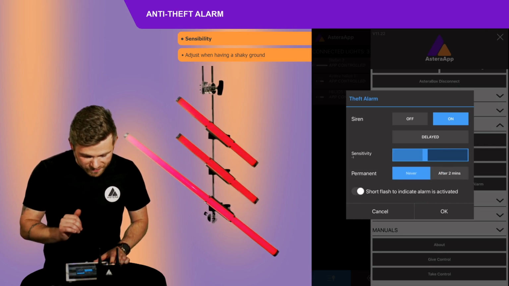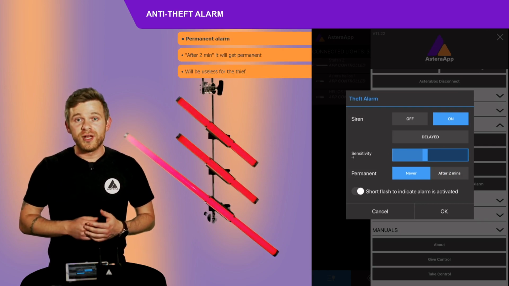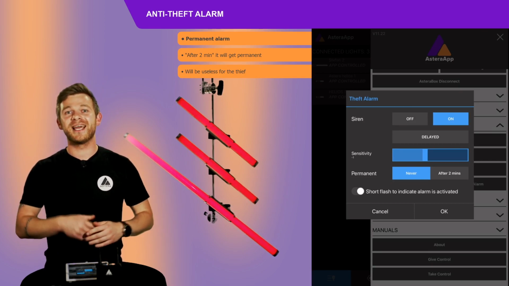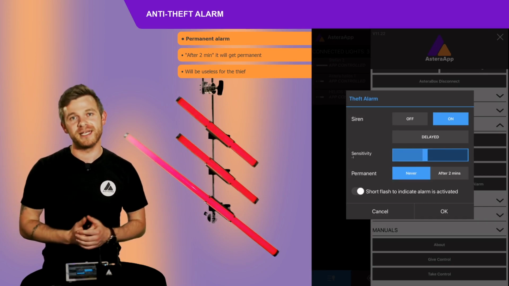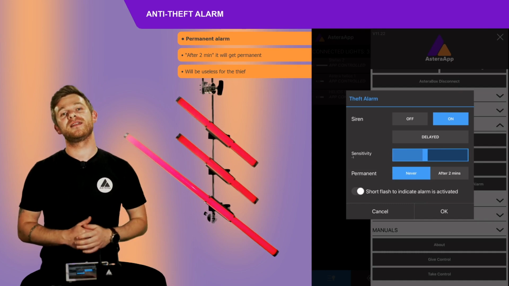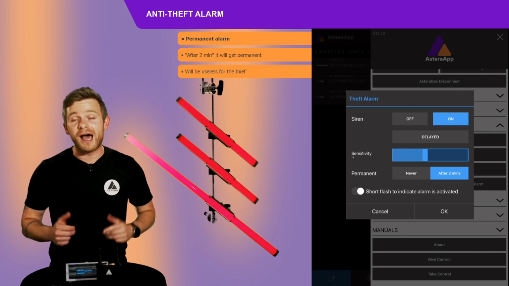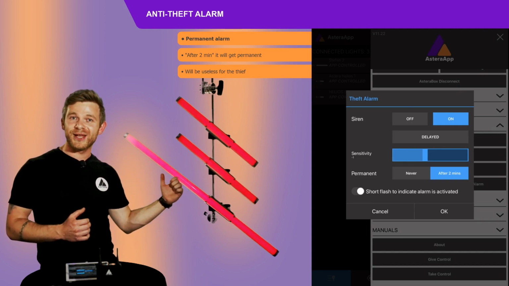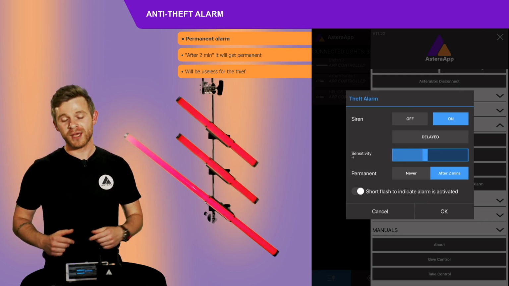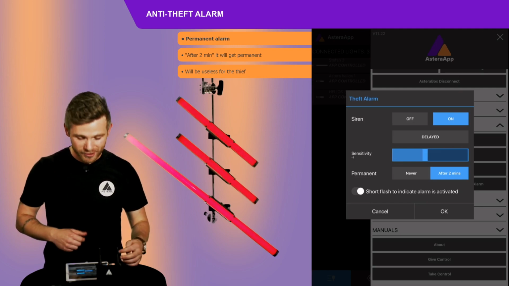Down in the very bottom we have permanent, so we can set it to never or after 2 minutes. Setting it to never, I will take maybe a light and I will be running with it for, let's say, 8 hours, and it will just be beeping and blinking. Then I put it down on the floor, then it will continue the same effect that was running before it got activated. If we do the after 2 minutes, I take a light and I run with it for more than 2 minutes, the alarm will become permanent. No matter if I put it down, it will just keep beeping, it will keep blinking or flashing, call it whatever you want,